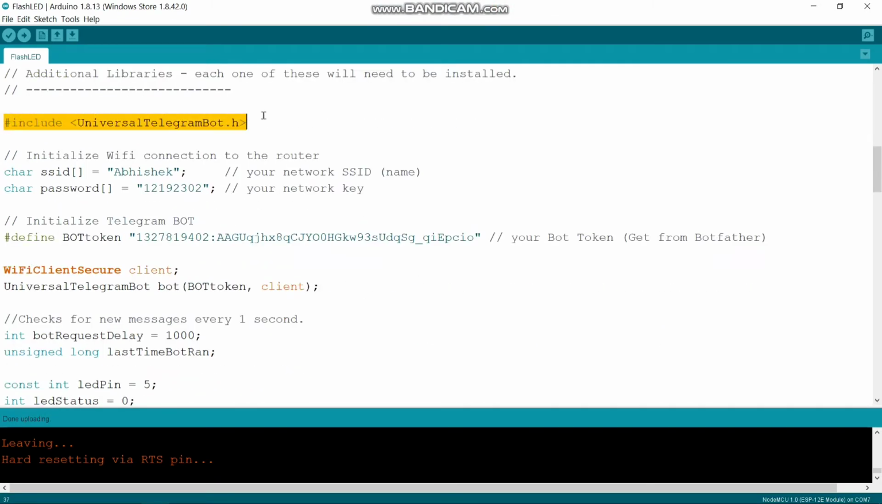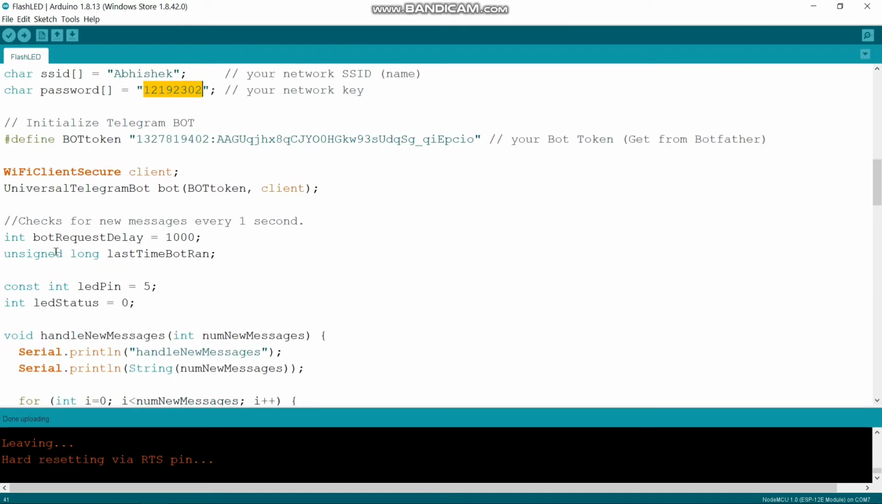Include the library you have installed, Universal Telegram Bot.h. SSID character array, which is the network SSID, my network name, and password character array with the password. To initialize the Telegram bot, whenever you create a channel, you get a channel API. Include the channel API, that is the bot token. Here, this is my bot channel token,